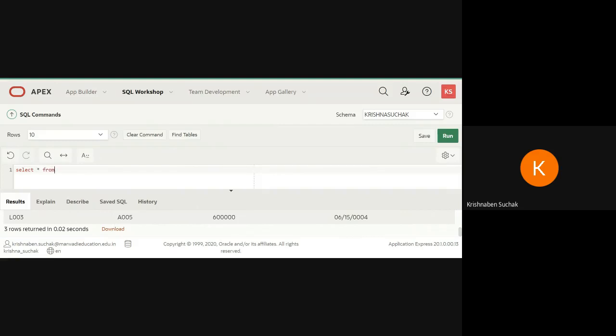Select star from loan1 where loan date, because I am applying the constraint there, month of loan date equals to January.